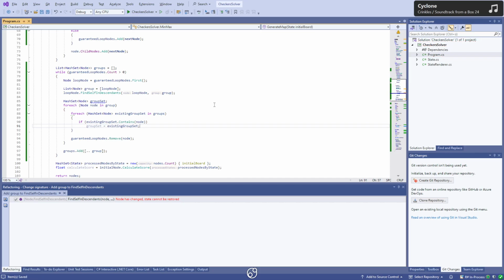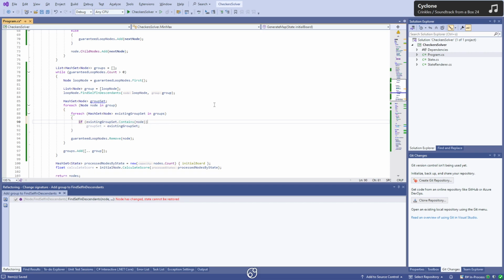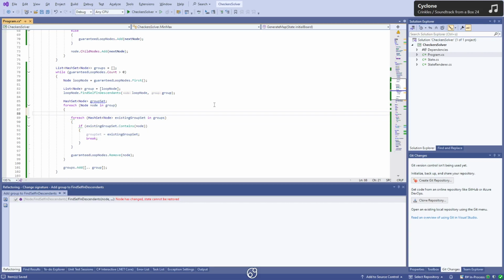That's fine. And actually, at that point, we can break. If it's a null. Yes, sorry, null. If group set is not null,